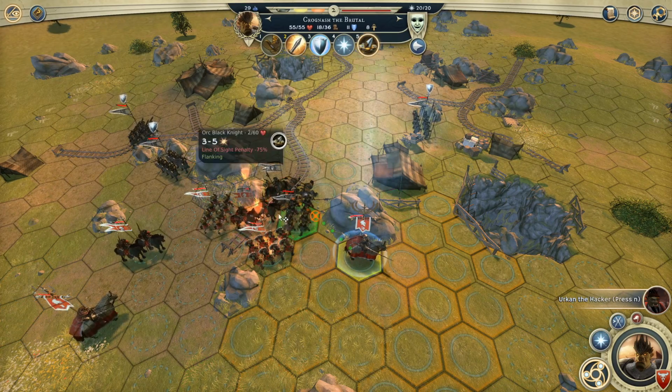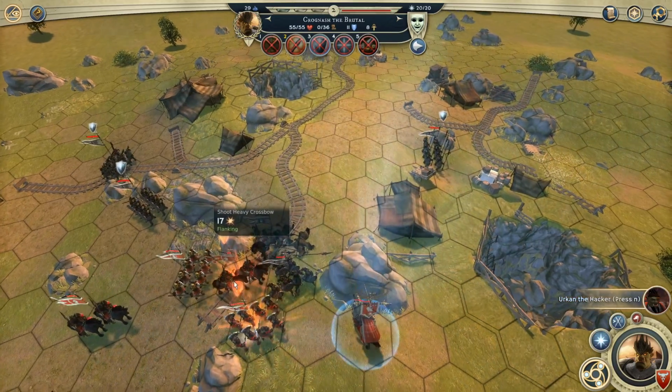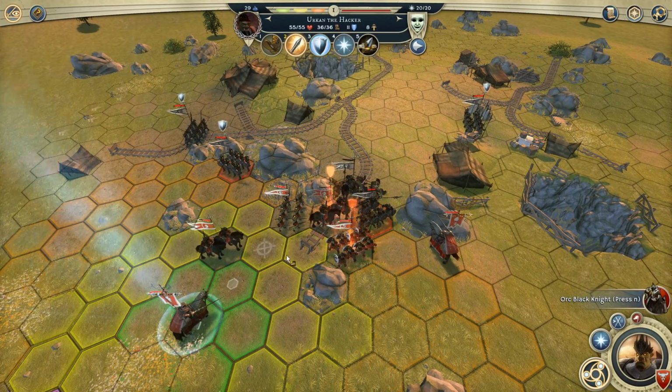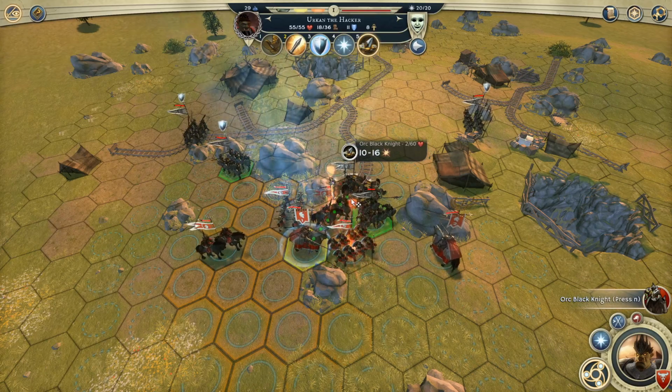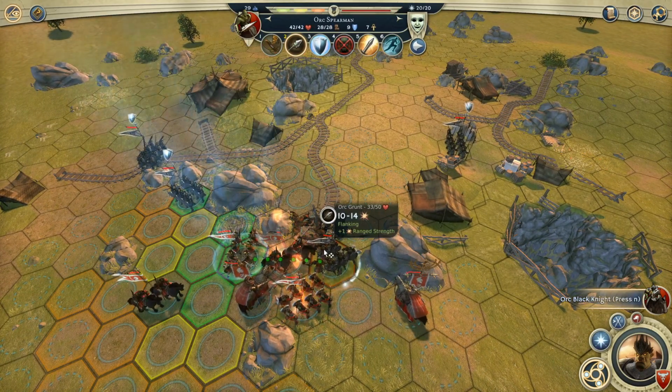I'm going to jump over here with my hero, turn these Grunts around so they're not doing that anymore. And then I think with Urkan, I'm actually going to jump in like this, get the finish on the Black Knight, and then...